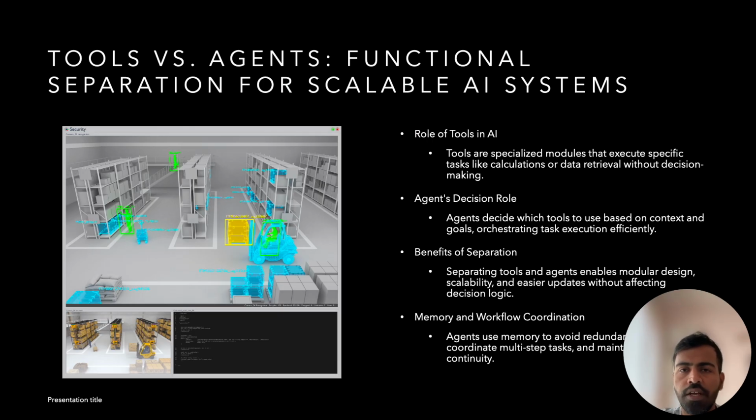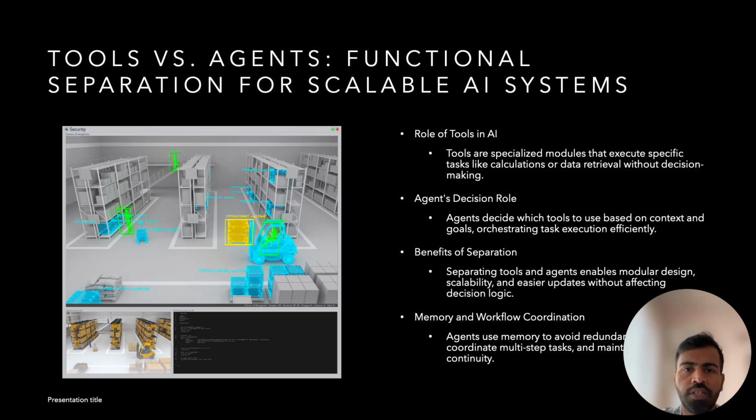They do not decide when to run or what to do next. Instead, they function similarly to utilities invoked by an external controller. Agents, meanwhile, operate at a higher level, determining which tools to use based on context, goal state, and stored